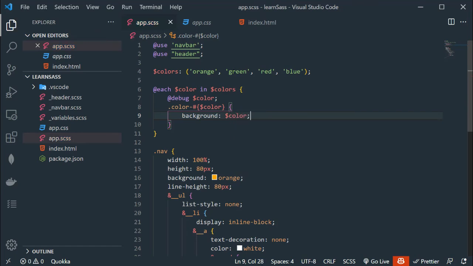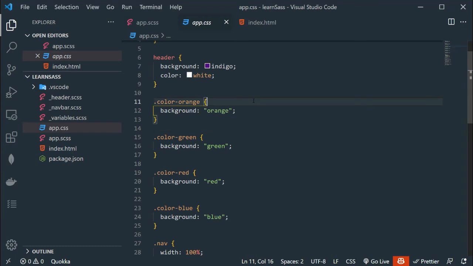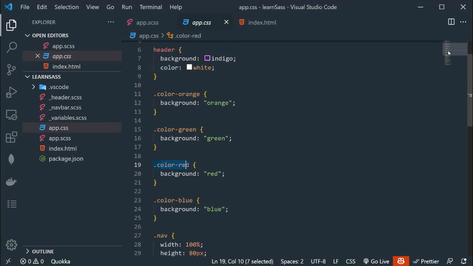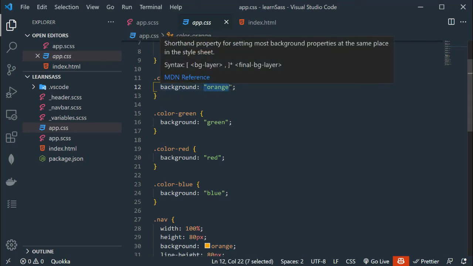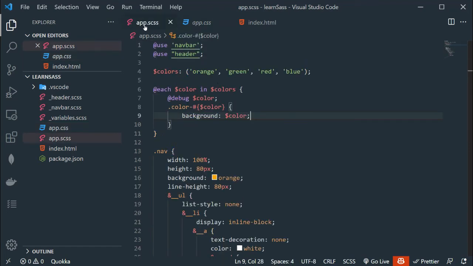Now go to app.css and we have color-orange, color-green, color-red. Now as you can see, around orange we have double quotes, and I want to delete these quotes. So what we need to do, go back to app.css.